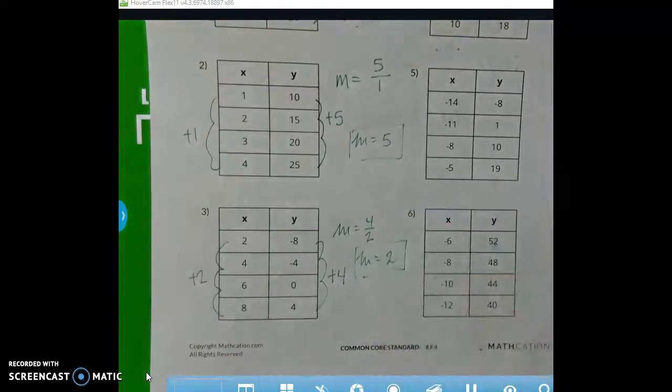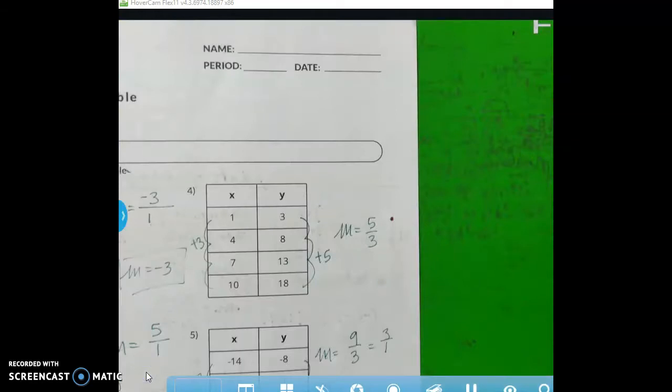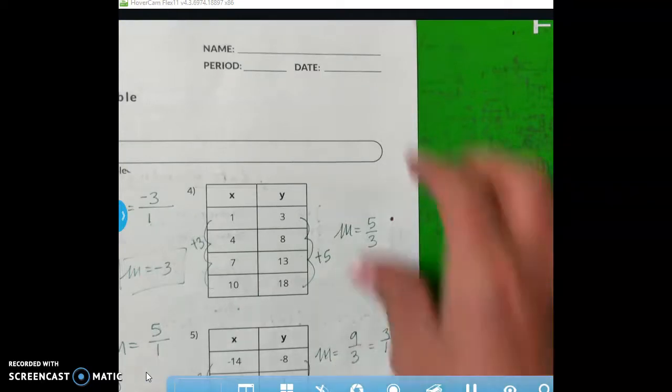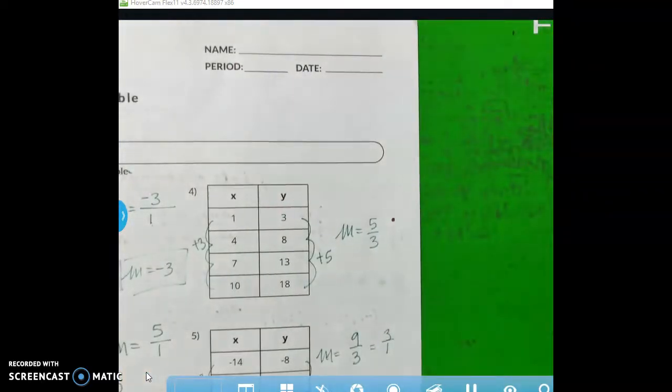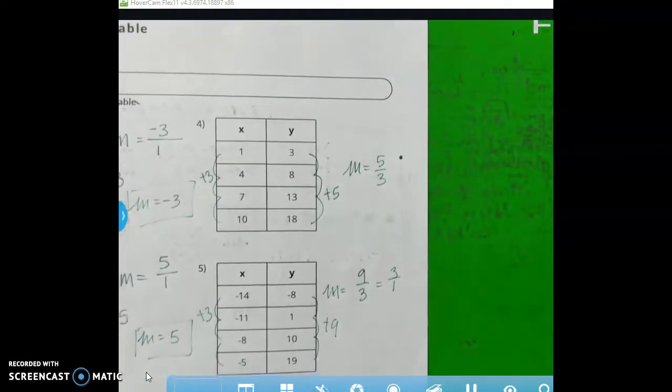All right, next 3 questions, 3 graphs, or I'm sorry, 3 tables. It's very late. I should not have been doing this so late. But please pause the video. I would like you to find them on your own so you can quickly check and self-assess how you feel about finding the slope from the table. Pause the video, complete the tables, and see if you found the correct slope. All right, hopefully you have the same answers. So yes, we're going to leave 5 over 3 as 5 over 3. And then you have a little bit larger numbers, negatives and positives, all reduced to 3 over 1, or